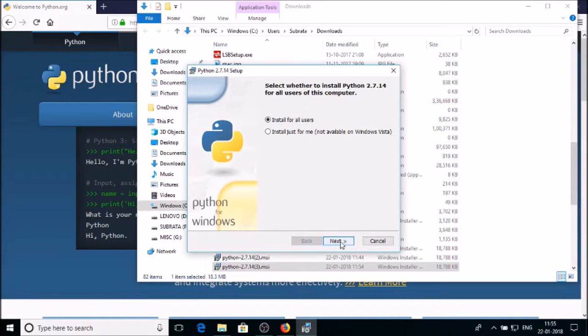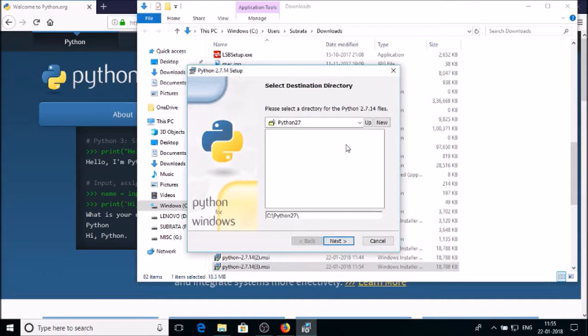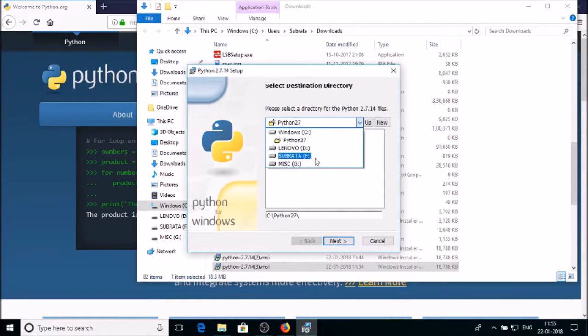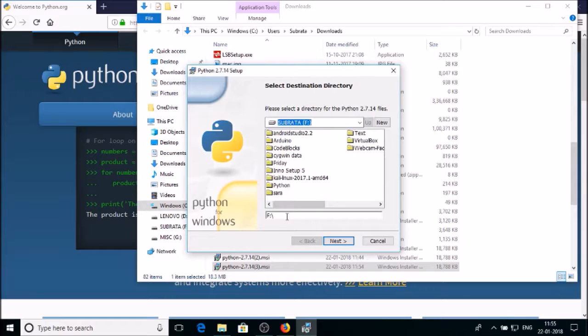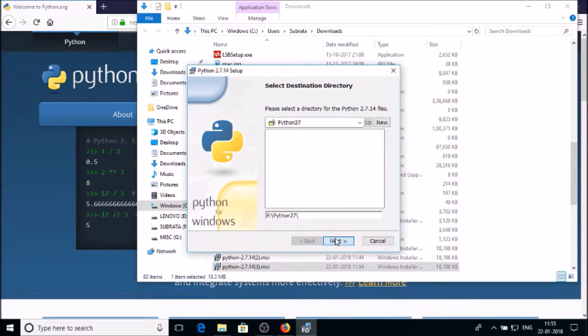We shall install it for all the users. I don't like installing it to the boot drive, so I am changing the path, but you can install it there, and if you don't wish to, you can change the path. Alright,